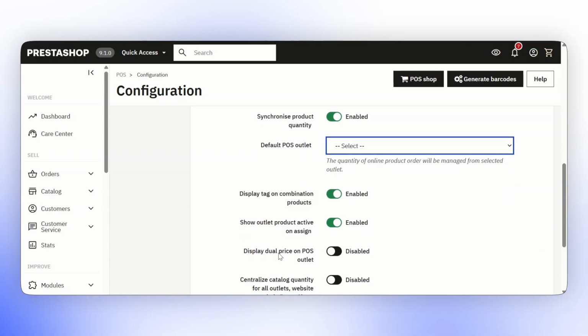Next is Display Dual Price on POS Outlet. Using this option, the admin can enable or disable the display of dual pricing in the POS interface. If this option is enabled, the POS will display both prices, such as the price with tax and the price without tax. This allows the cashier to clearly view both prices while creating an order. If this option is disabled, only a single price will be displayed in the POS panel based on the store